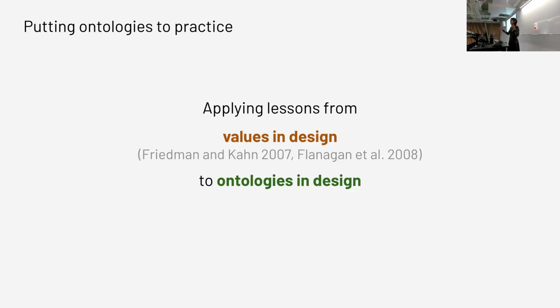But just over that time, if you look at what the discussions were there and now, you see that it's evolved a lot because we kept putting things to practice. We realized the shortcomings and pitfalls, and we've moved the field along, even though it hasn't been perfect all along. And so what we did is we looked at that parallel body of work in values and considered how we might apply some of the lessons learned from there to ontologies in design, and then use it as a way to start our analyses or organize our analyses.